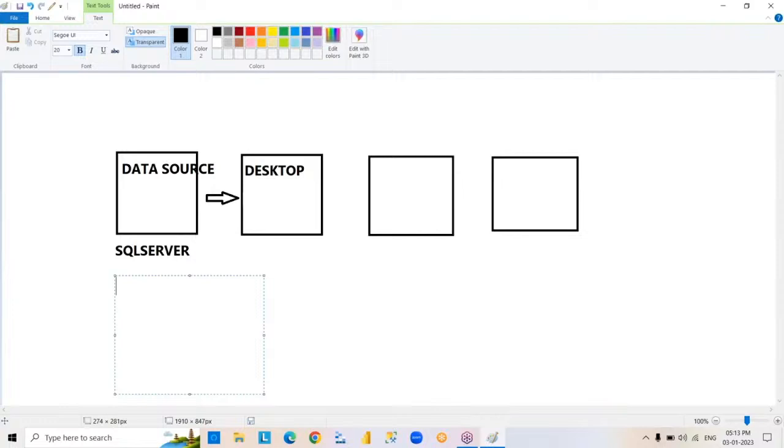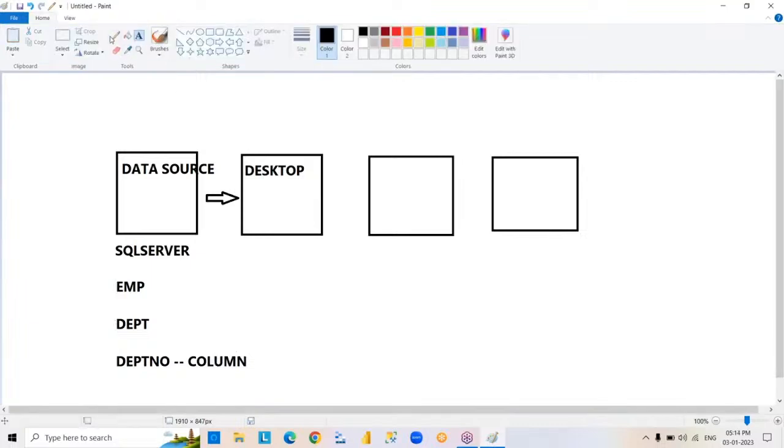And so coming to next scenario, suppose we have some tables here. You take regular tables. Suppose you have an employee table and a department table. So in these tables, we have a common column, department number. Okay, now listen carefully, please. We are going to copy data from the employee table and department table. What is the common column we have in these tables? Department